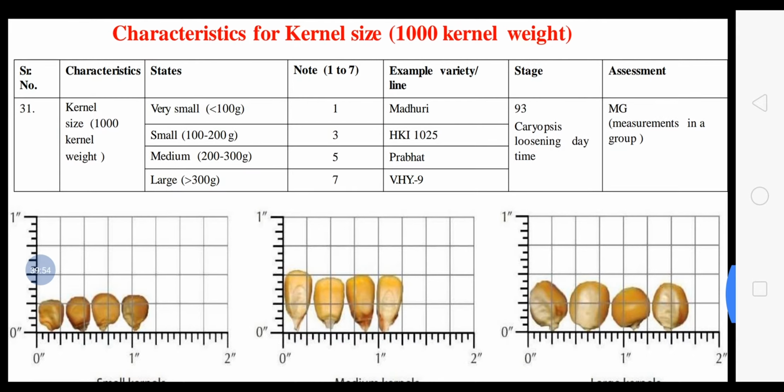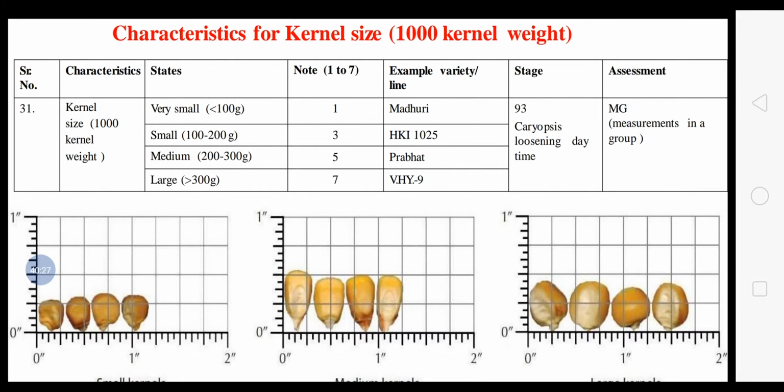31st characteristic is 1000 kernel weight or taking the kernel size. We will first take the 1000 kernel weight, that is seed index. 100 seed weight is called test weight and 1000 seed weight is called seed index. Here when we talk about the seed size, very small seeds are less than 100 grams, then small 100 to 200 grams, medium 200 to 300 grams, and large means more than 300 grams,